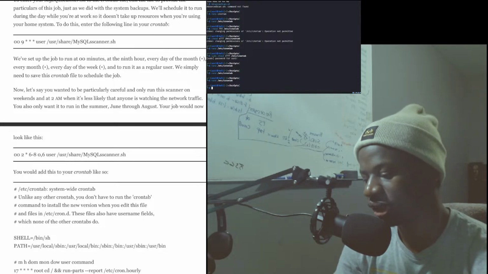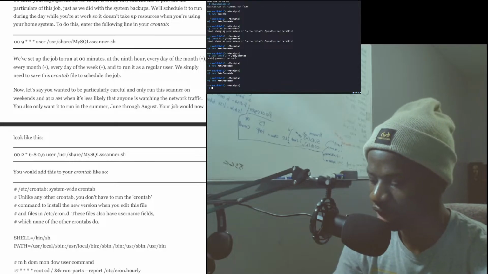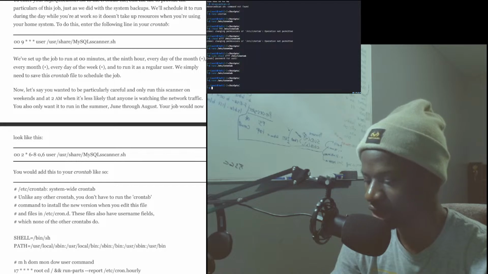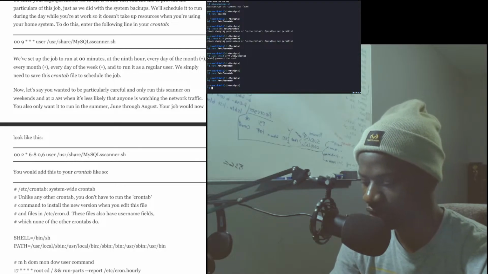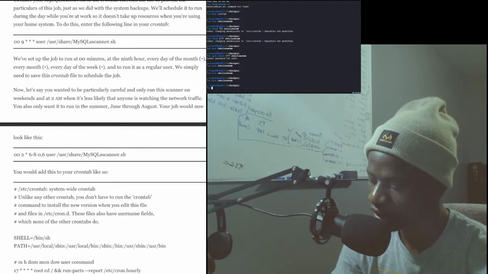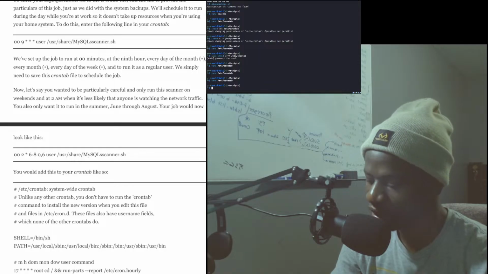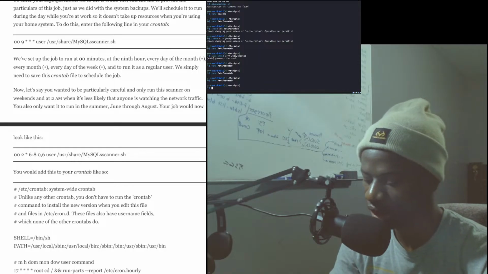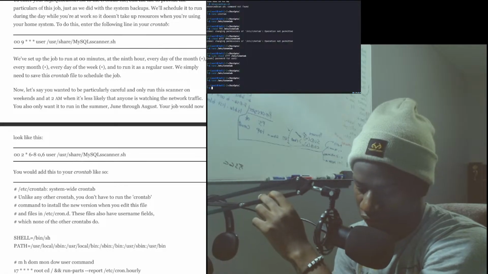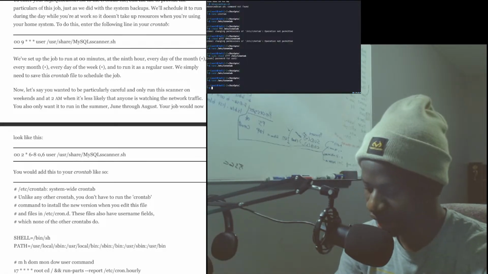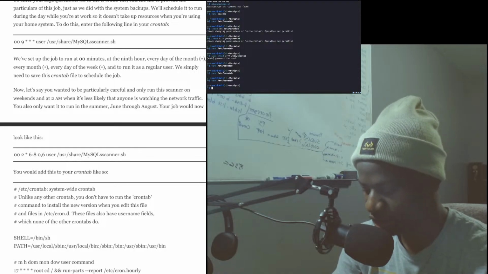Now MySQL will only run when we can, crontab. The crontab file has some built-ins that you can use instead of specifying the minute, hour, day, and month every time. This includes the following: @yearly, @annually, @monthly, @weekly, @daily, @midnight, @noon, @reboot. So if you wanted the MySQL scanner to run every time at midnight, you would add the following line to the crontab: @midnight /usr/share.